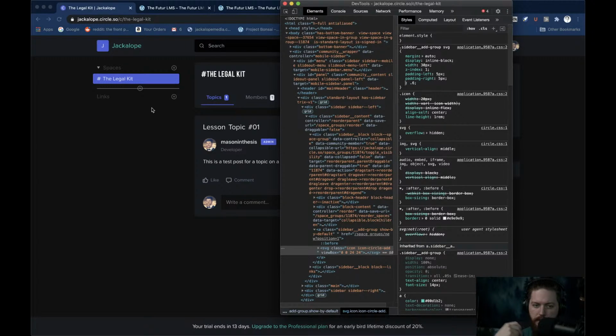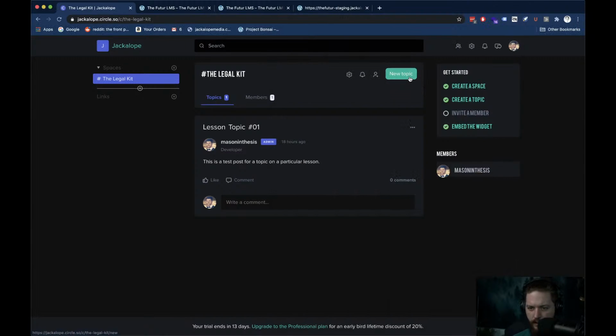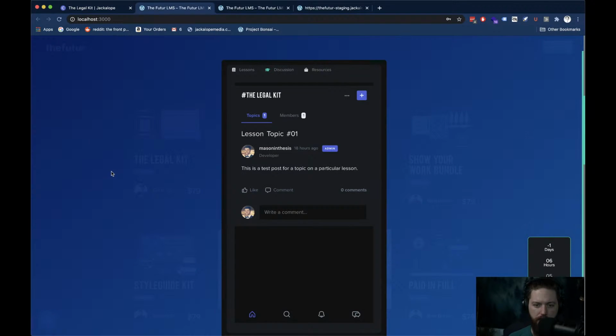That might be a little bit tricky, but hopefully they'll fix that on their end. We'll figure it out. Most of the buttons are looking okay now. It's just a few little things we'll need to tidy up on Circle. And then